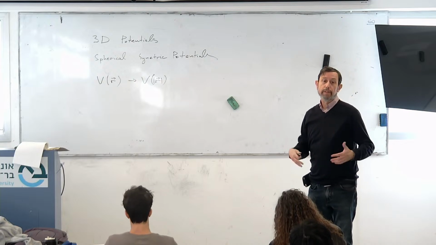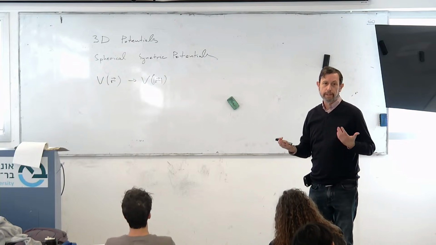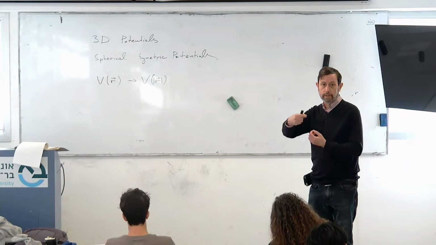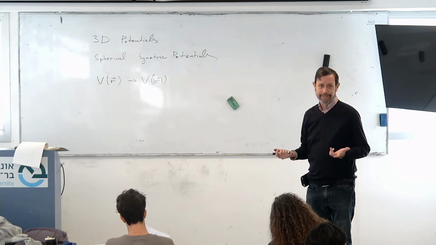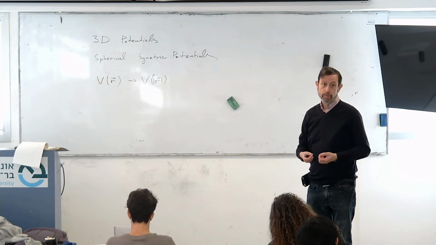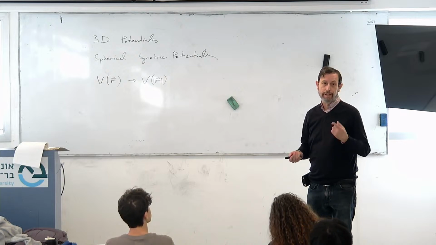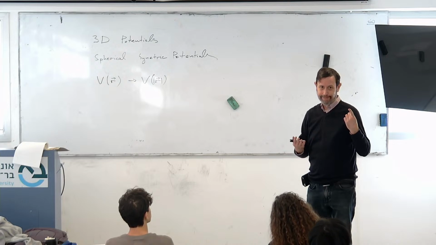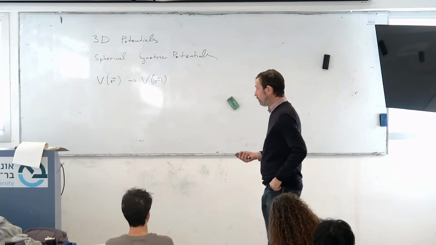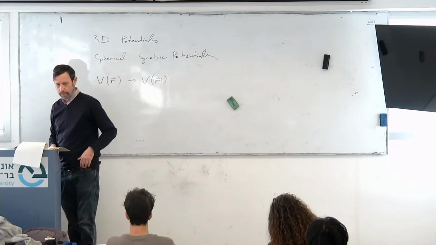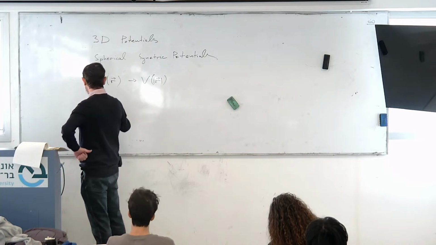Most physical potentials do this; the best example is the electrostatic potential, which depends on the distance, not on the angle. If I would like to describe the behavior of the electron around a dipole, then life will be more complicated. We are considering a spherically symmetric potential. It's not surprising,